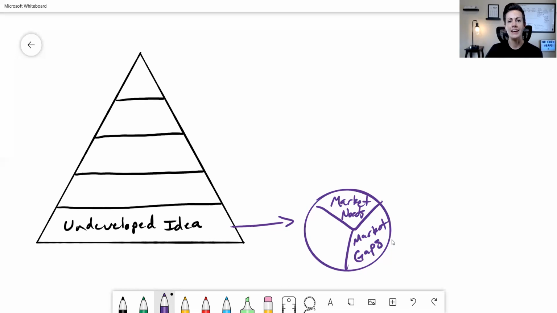Where are the holes in these existing alternatives or these existing solutions? By making sure you've identified market gaps, it means you're not just copying other apps that are out there on the market already, because you're not going to go very far in terms of scaling your app and your app-based business. If all you're doing is copying other things that are already out there, you have to differentiate yourself in some way. Looking for holes in the market, or holes in those existing solutions rather, is a way to do that. So you've identified the needs, you've identified market gaps, and then what you need to stack on top of that are your own